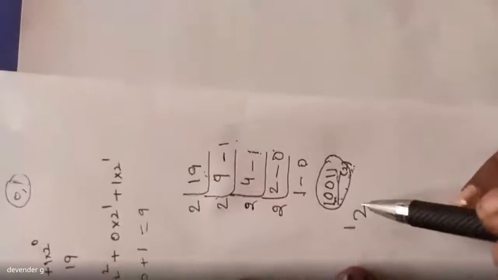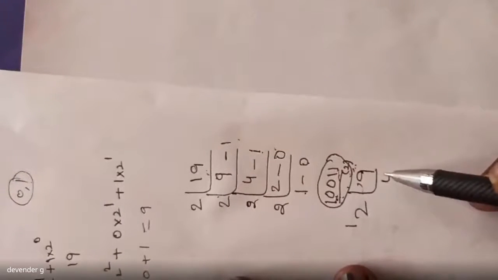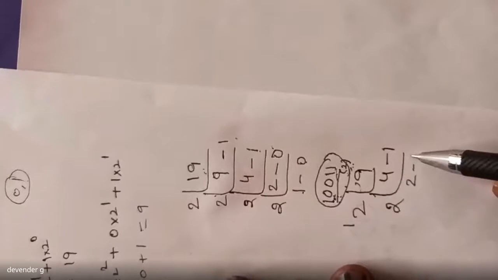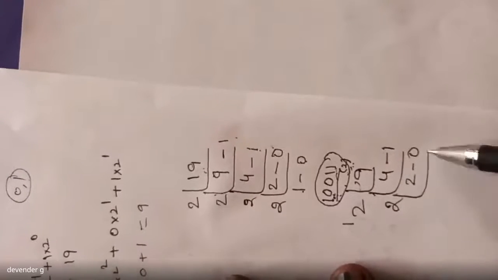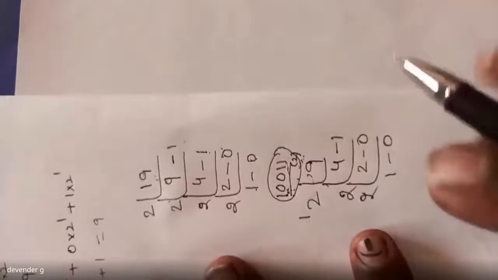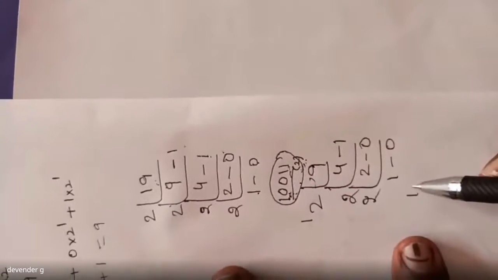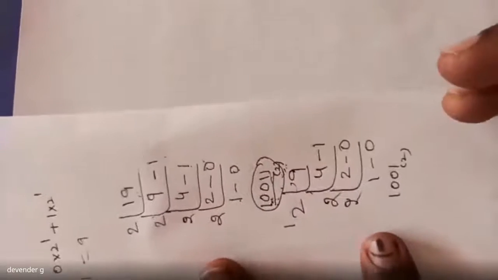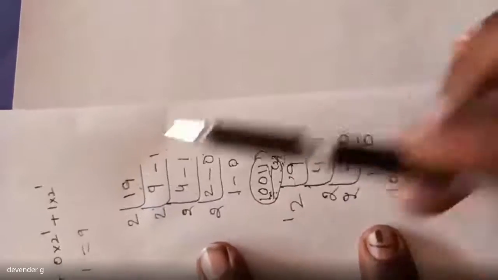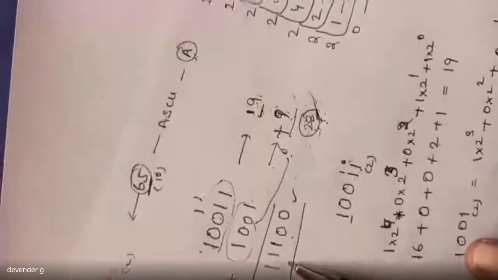From 9 you can divide it. So what is the answer you got here? For 9, it is 1, 0, 0, 1. Now any doubt regarding this? Is it clear? Clear, sir. Is this clear for this too? So whenever I'm typing on my system 19 and 9, automatically the processor is going to convert like this.